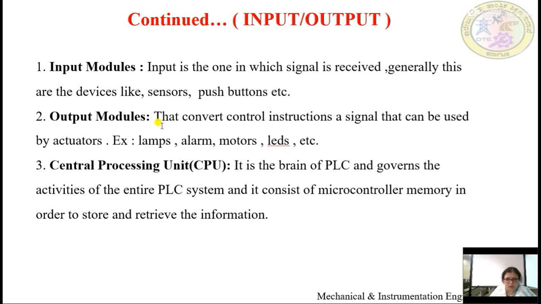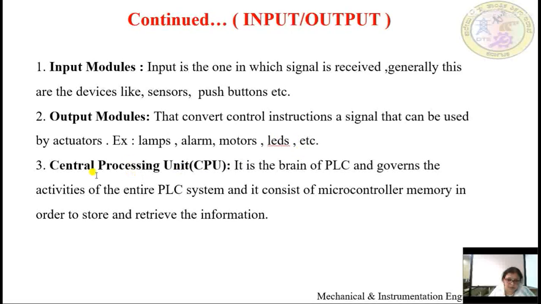The output devices are the ones which capture the signal through the input switches in order to run motors or actuators. These are treated as the end devices. Hence they could be lamps, alarms, motors, LEDs, solenoid switches, or actuators.